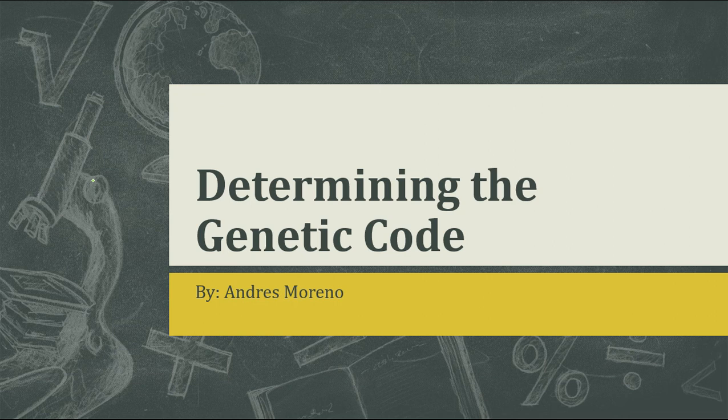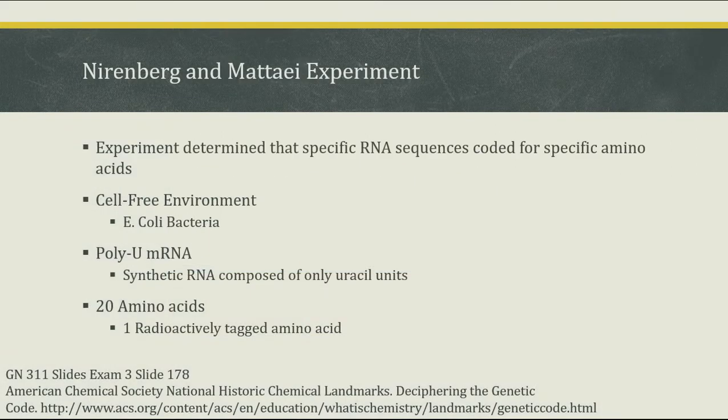Today I'm going to be going over the Nirenberg and Matthaei experiments and the Nirenberg and Leder experiments and how they relate to finding the genetic sequences that code for amino acids. First is the Nirenberg and Matthaei experiments that discovered that there were specific RNA sequences that coded for specific amino